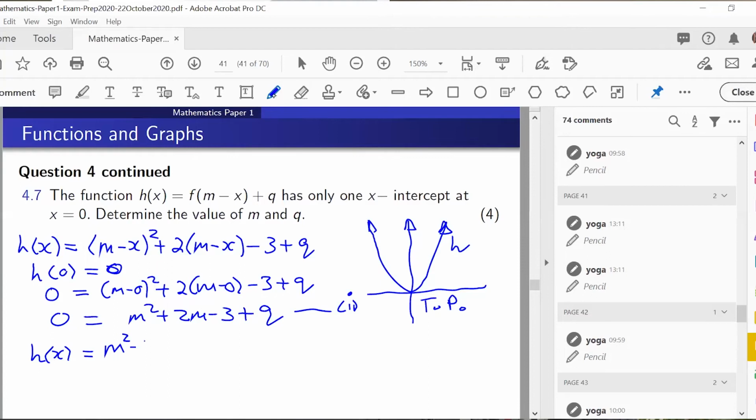Now, h of x, before I can apply that idea of the turning point, h of x is m squared minus 2mx plus x squared plus 2m minus 2x minus 3 plus q, and that would be x squared